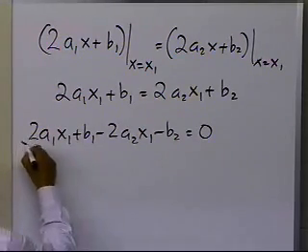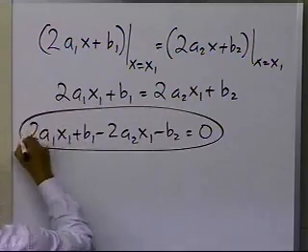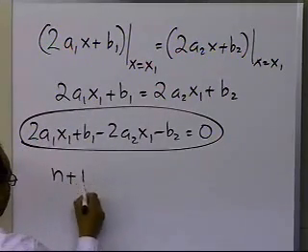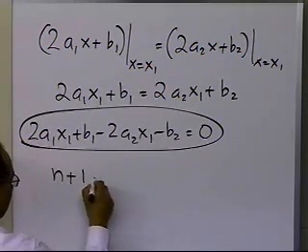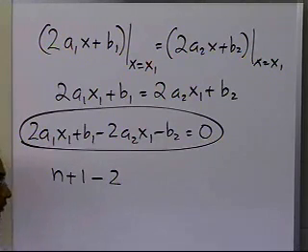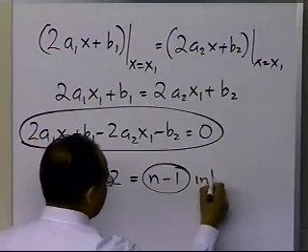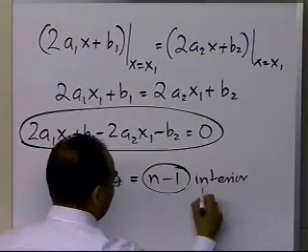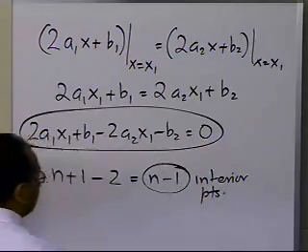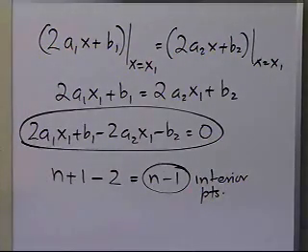So how many such equations will I get? I have n plus 1 data points, but there are two data points on the exterior, the first data point and the last data point. I don't have any spline before the first data point, and no spline after the last data point. So that means that I have n minus 1 interior points, and those are the only places where I can set up this equation of this particular form. So I'll get n minus 1 equations like that.